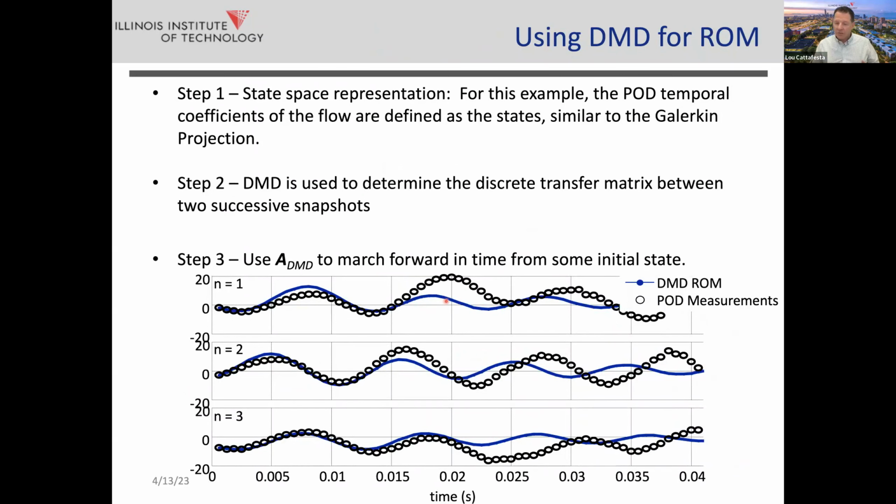And when Eric does this, I just want to show you some of the frustrations that come up. So if he uses the POD coefficients as the identified predictions, if you will, of this model, a 20th order model, and he marches forward in time, and we look at the first, second, and third mode of this versus time, you can see that initially it stays pretty close to the actual POD coefficients that come from the time resolved PIV. But eventually they diverge, okay?